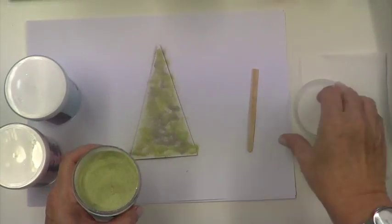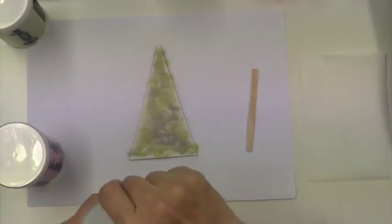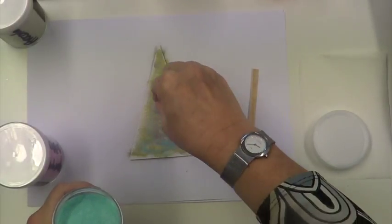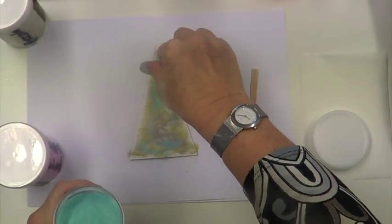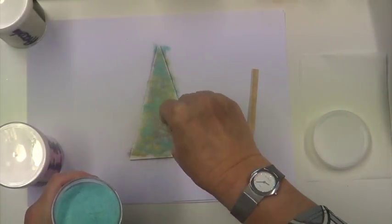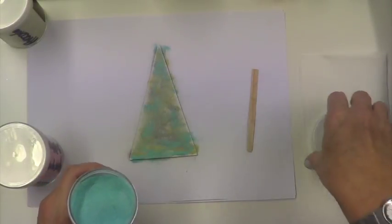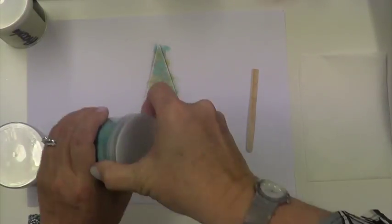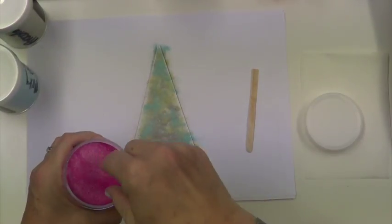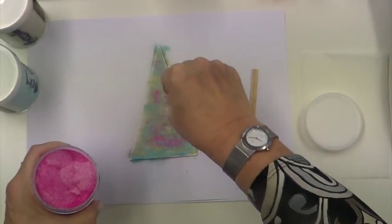And what I'm trying to achieve here is to cover virtually all of the triangle. I don't want to go too much over the sides because then I'm just going to waste the powder, although I could just put it all together in a little pot and have a mixed lot of colour. But I'm just building it up, so I just keep putting powder on, seeing where there's little gaps, and just keep building. So the blue one I just used was called Misty Sky, and this one is called Yum Yum